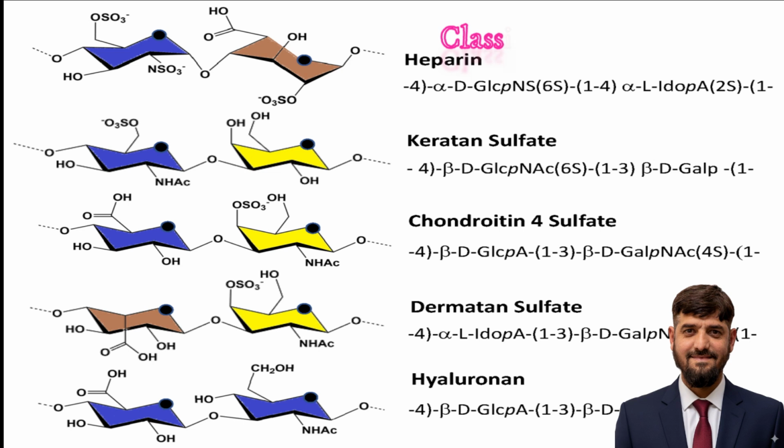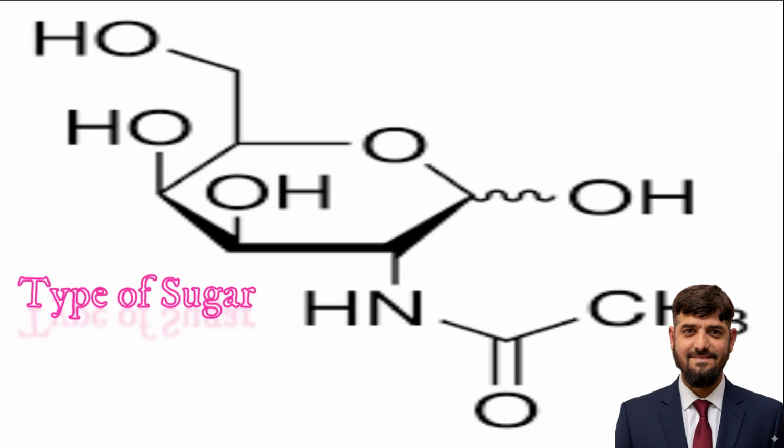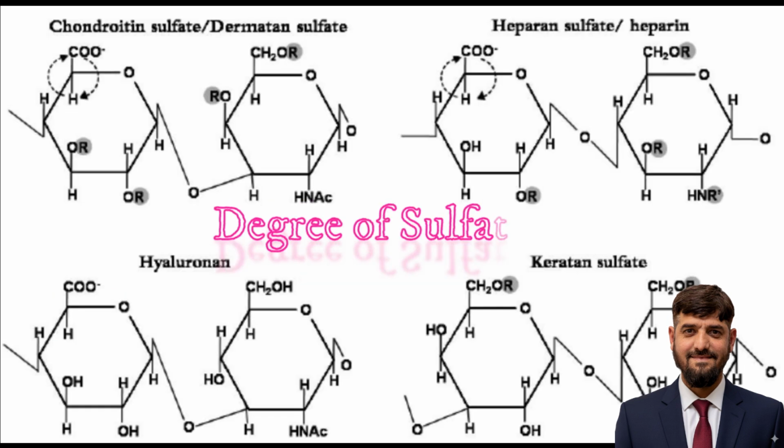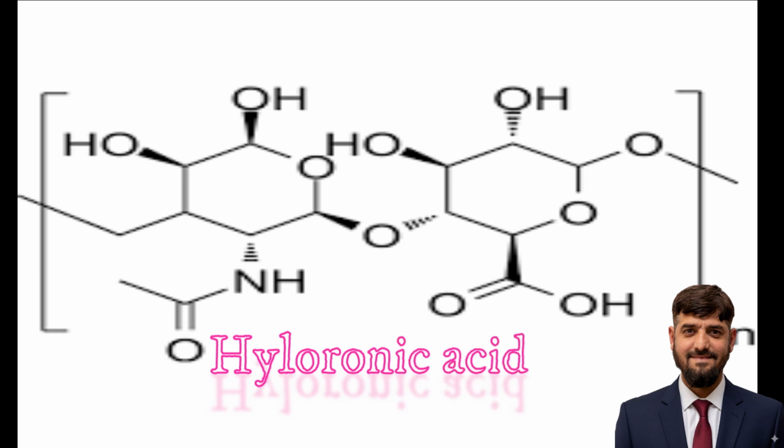There are 6 major classes of glycosaminoglycans. They are hyaluronic acid, chondroitin sulfate, heparan sulfate, keratan sulfate, heparin, and dermatan sulfate. These GAGs differ in their sugar composition, linkage type, and degree of sulfation, which explain their varied distribution and function in different tissues. So among these 6 groups, we will only discuss the hyaluronic acid, which is a unique glycosaminoglycan